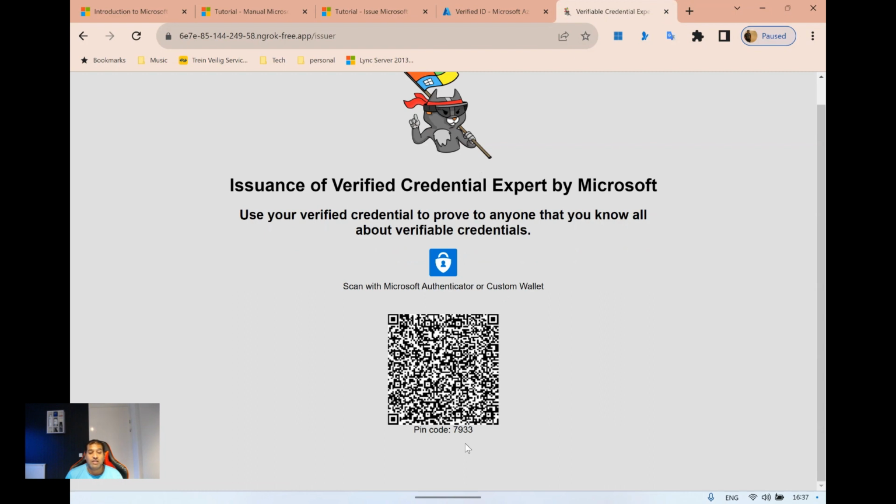you have tested this. Overall, the manual verified ID is the classic way of setting up the verified ID, where you as an admin have to configure the Azure Key Vault, take care of registering your decentralized ID and verifying your domain. This is one of the best ways to get started with verified ID, and hopefully it will be able to bring you business value in your organization, especially onboarding remote employees